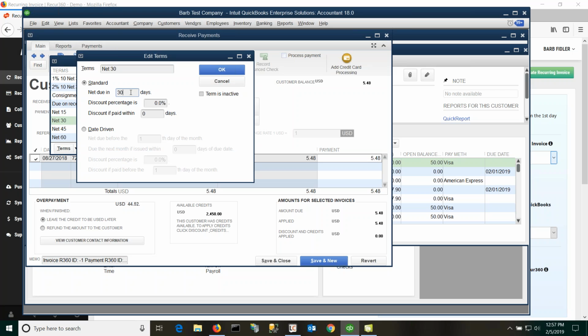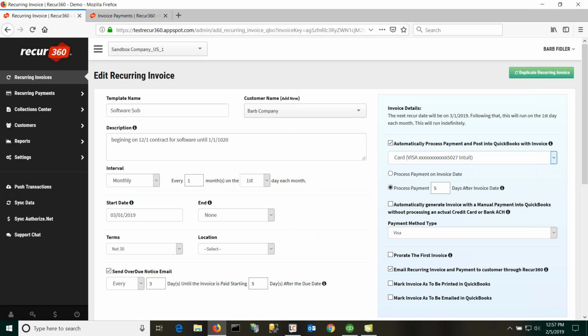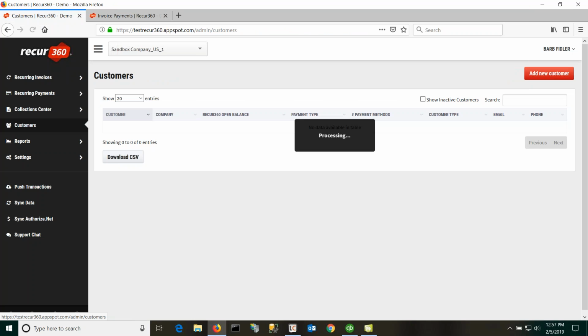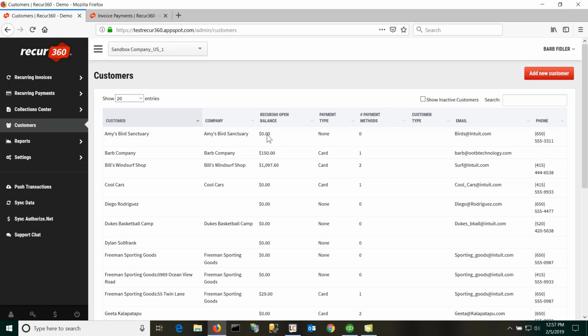Okay, great. And then the last question we have for now is, where is the best place to see the total balance due for a customer if they have more than one invoice that needs to be paid? Okay, that's a good question. Actually, in our customer center is probably the easiest place to do that, because right from this main screen, it will tell you their entire open balance right here in this column that says Recur Open Balance. So as an example, my Bill's Windsurfing Shop customer, I can see that their open balance on any invoices across the board is